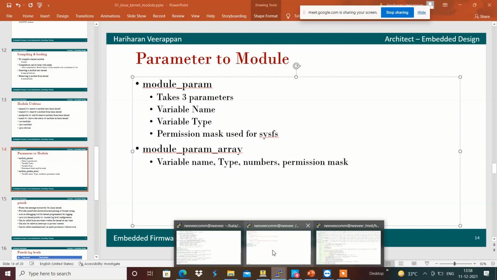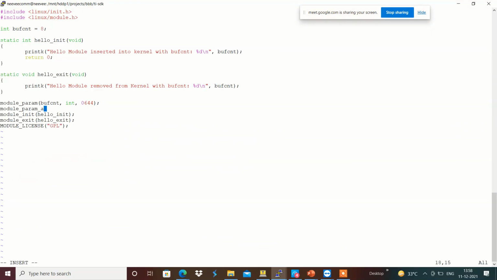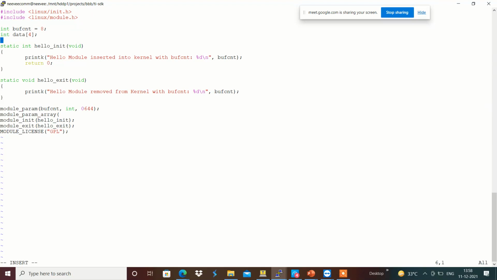We will see module_param_array, where I am going to have integer data of 4. Then we can provide data, integer, 4, 0644.